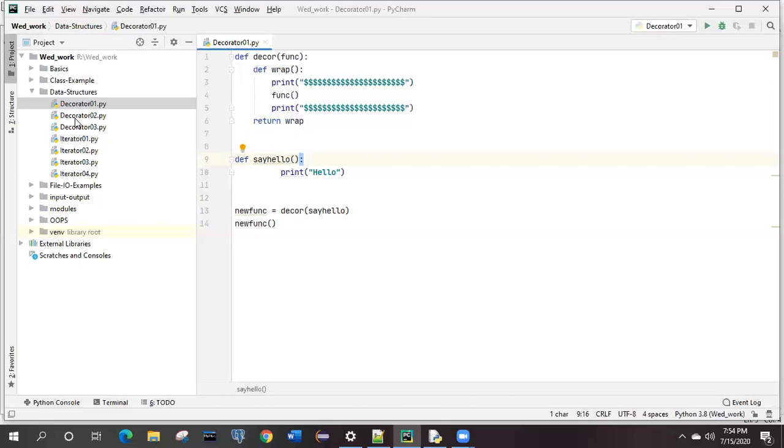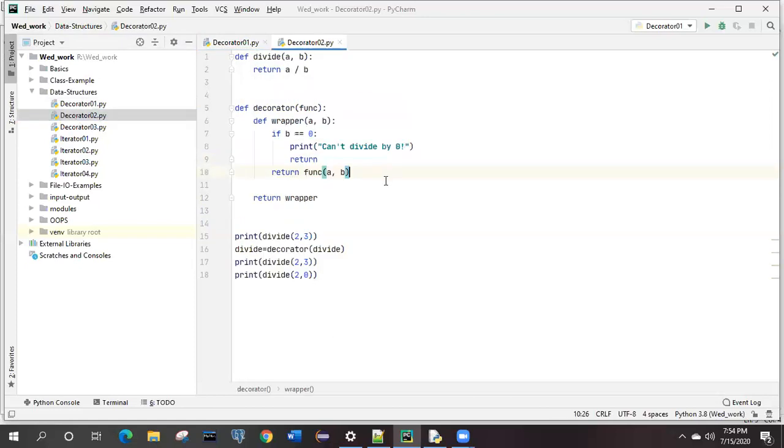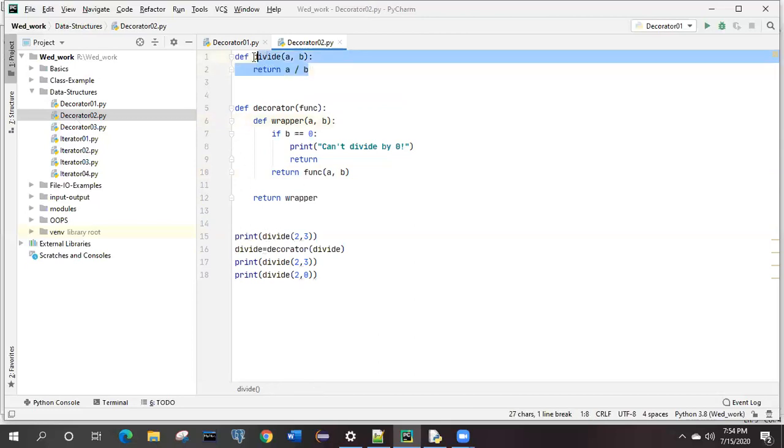Typing will take time here, so I typed it and kept the items ready for you to explain. If you look over here, this is a simple function, the divide function. It has two arguments a comma b, and it simply returns a by b.